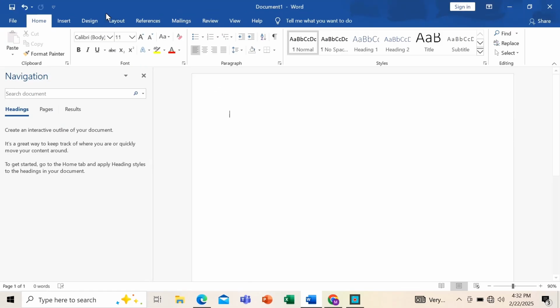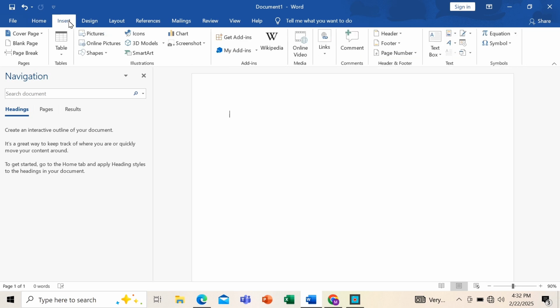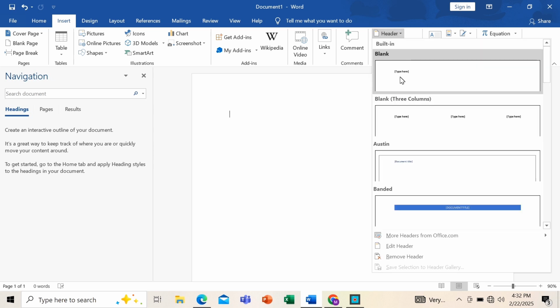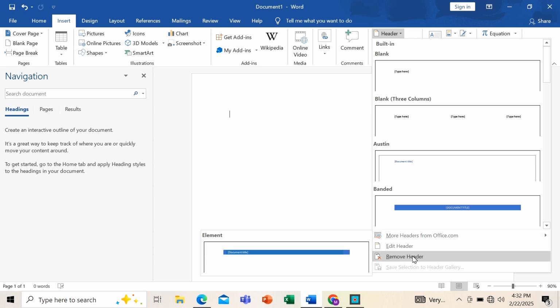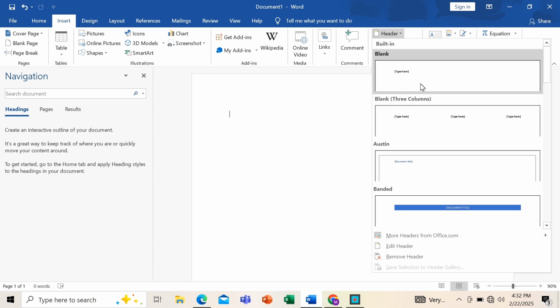Click on the Insert tab, then click on Header in the Header and Footer group to display the header gallery. Select any of the headers from the pop-up menu, for example Blank. Double-click outside the header on a blank part of the document or press Escape on the keyboard to exit the header. Repeat the same steps to insert a footer, selecting Footer this time from the Header and Footer